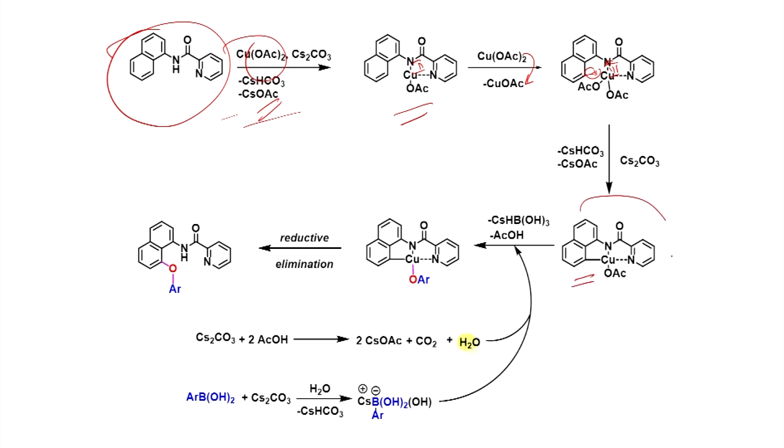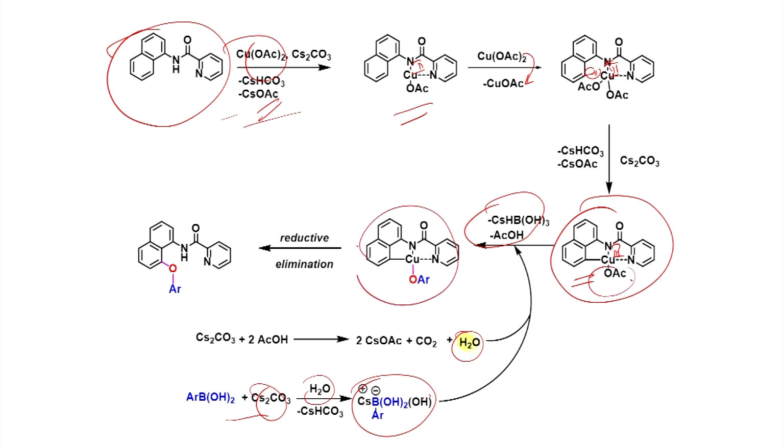You can see here you have the copper 3 intermediate. Now, the boronic acid can, as shown here, react with the base and water. You will be able to form this intermediate. This will be converted in the presence of water into phenol. In the reaction medium, once you form this one, since you have the base, you can make the phenoxide, which can react with this one, and you will be able to form this intermediate. This is also copper 3. Once you form this one, it can give the product by reductive elimination. You make a bond between this carbon and this oxygen, and you will be able to make the ether derivative.